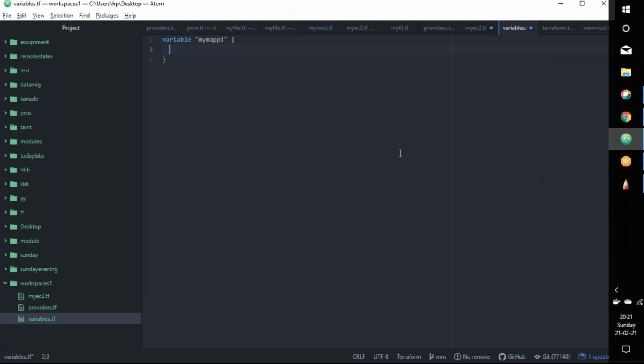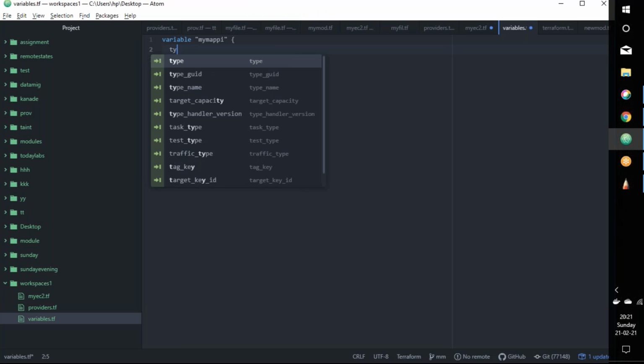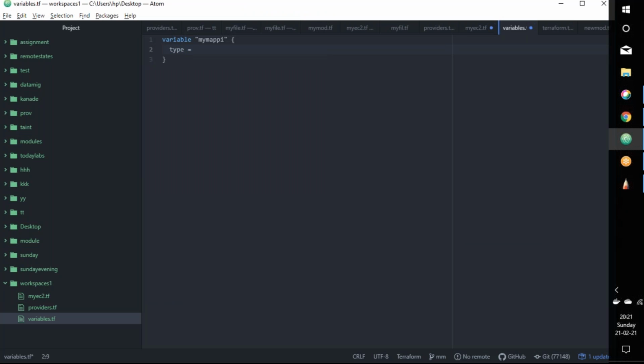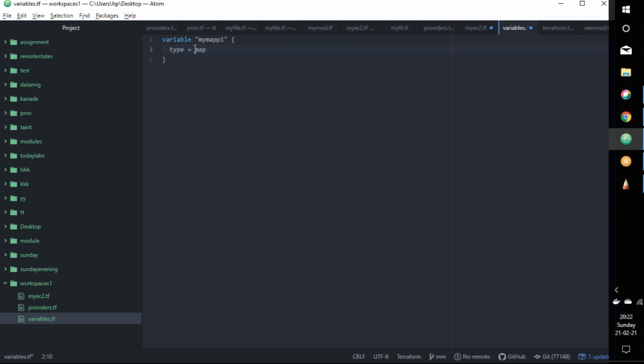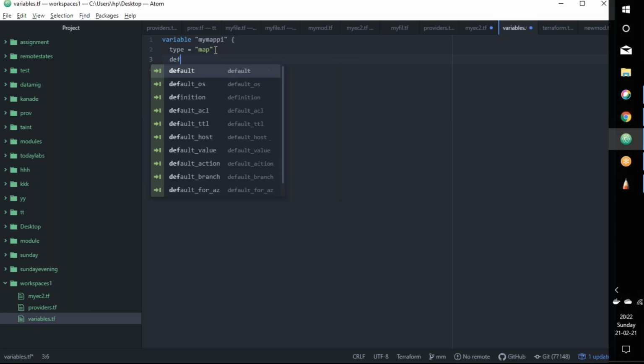The same thing we need to write here. Variable name, and type of the variable is map. Type is equals to map, should be enclosed in double quotes. Type is equals to map, and default is equals to